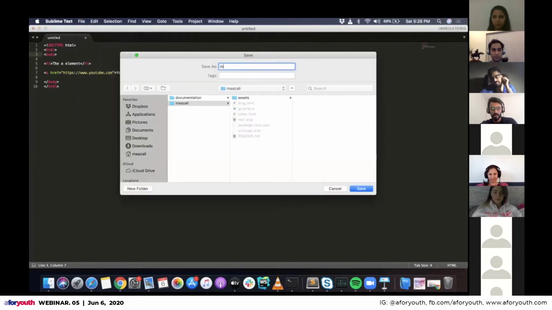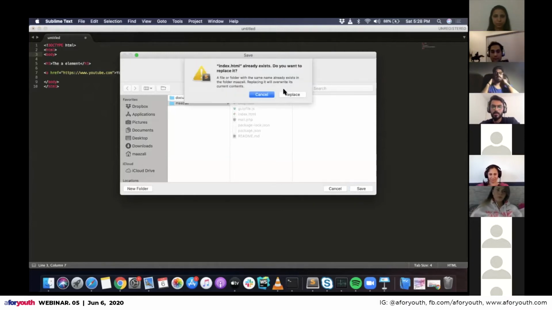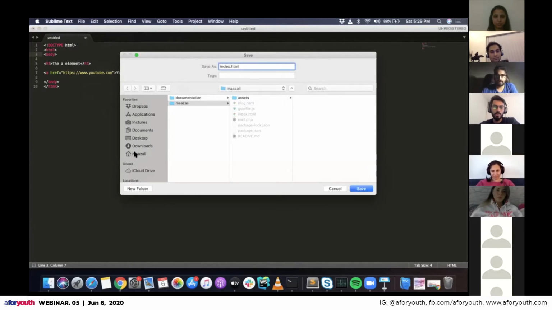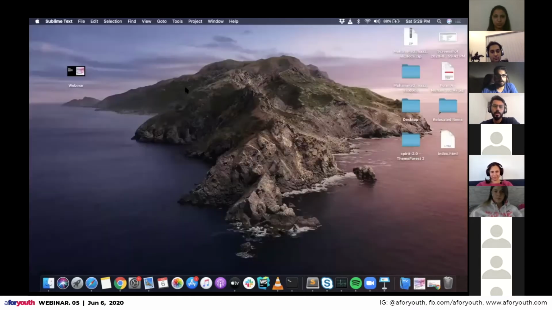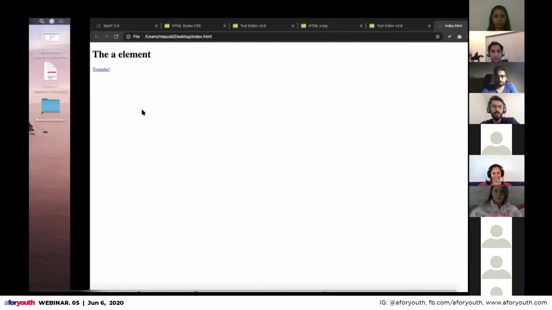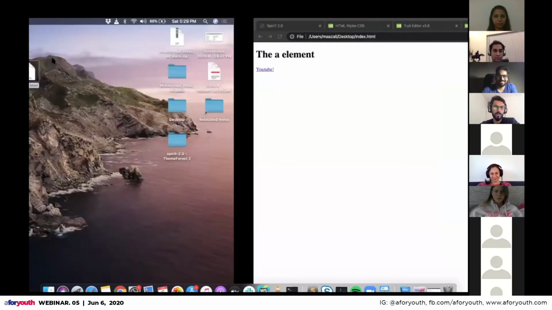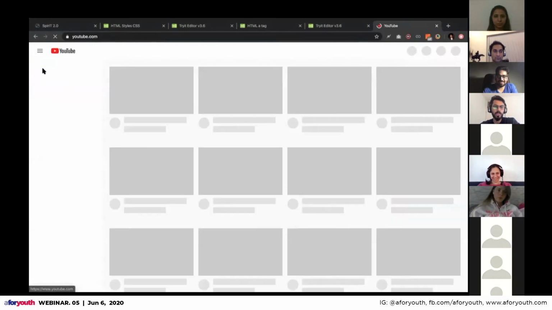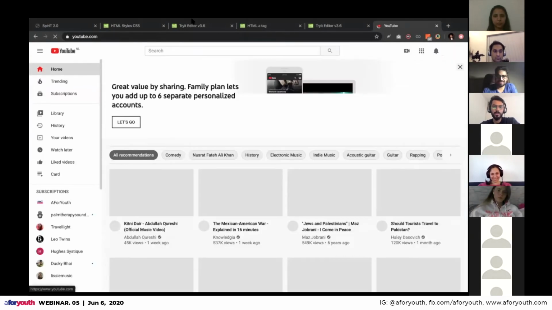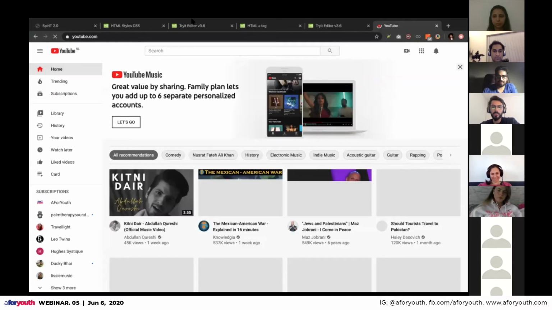Let's say we name it index.html. I'll save it on desktop. You see that we have an index.html file here, and when you click on it, it opens up a whole web browser for me, and here you can see the link as well.